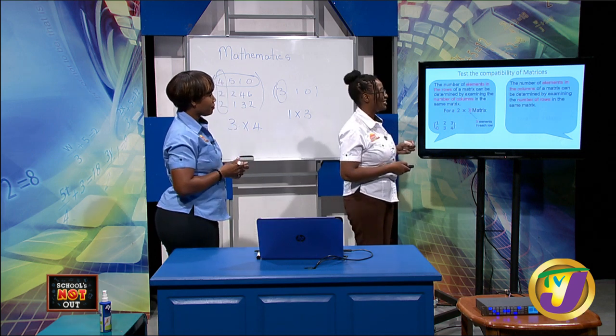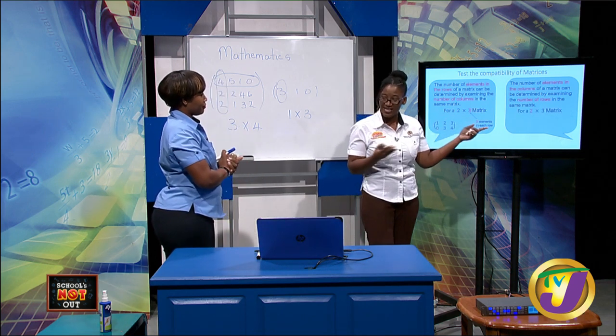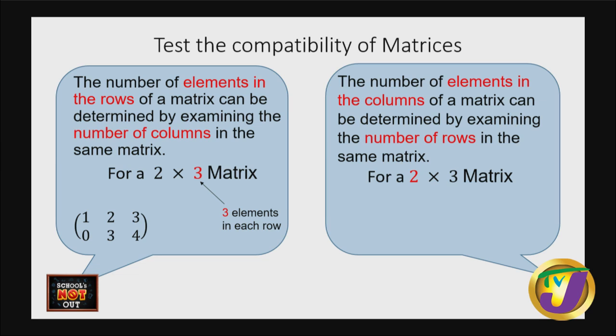Let us check what's happening here. Of course we need a second example just to concretize this. Let's say we have a 2 by 3 matrix. Again, for this matrix, it has 3 columns, but in each column it only has 2 terms. It only has 2 terms. So my question to you, Tam, is if I had these